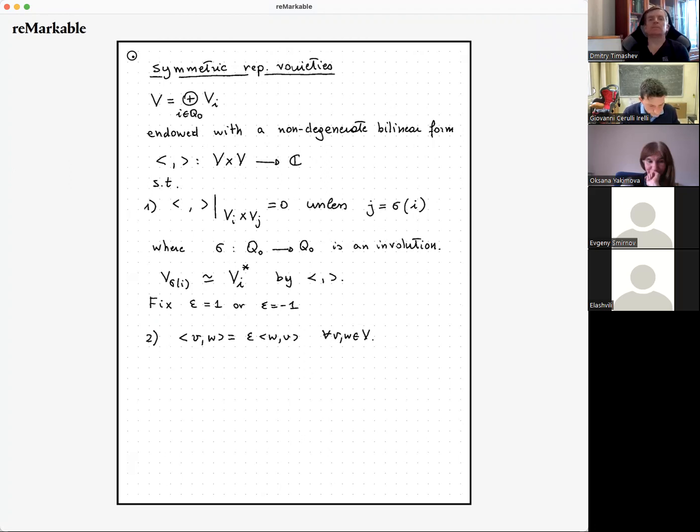And now that we have this quadratic space V with this non-degenerate form, we can consider the group of isometries. Let G(V, form) be the group of isometries g such that